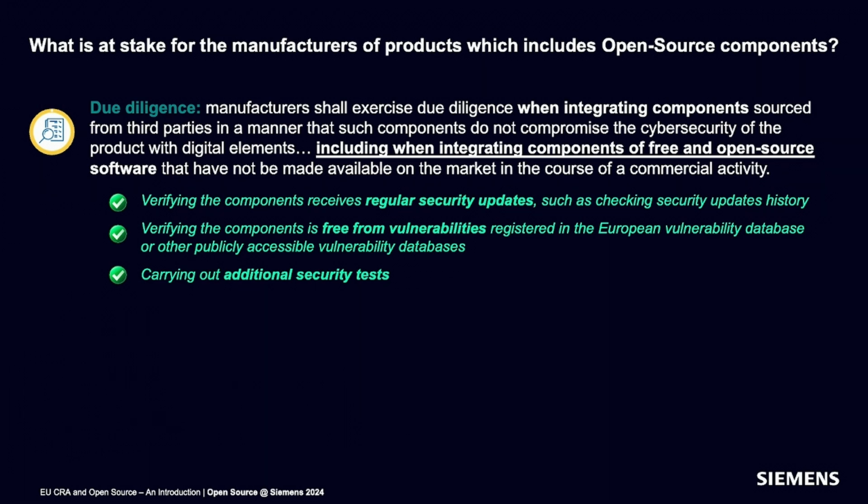If you, as a downstream manufacturer, do your own testing and detect that some of the components have vulnerabilities, you have an obligation to inform the manufacturer of the open source component, and you should remediate the vulnerability. And if you find a workaround or a patch, you should share it.